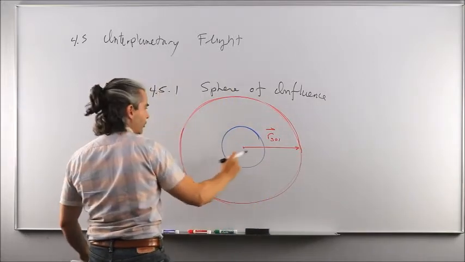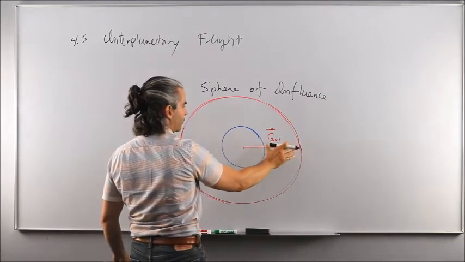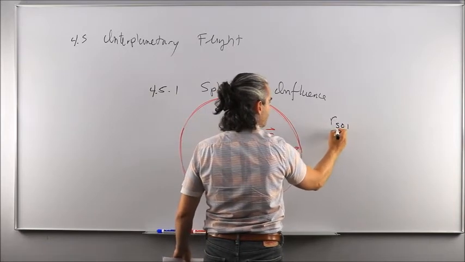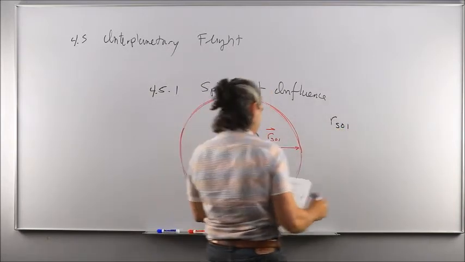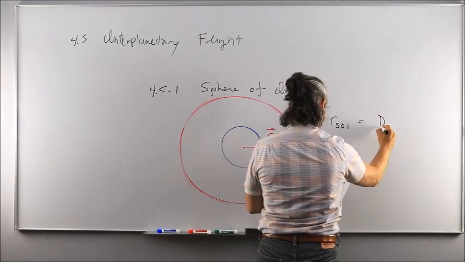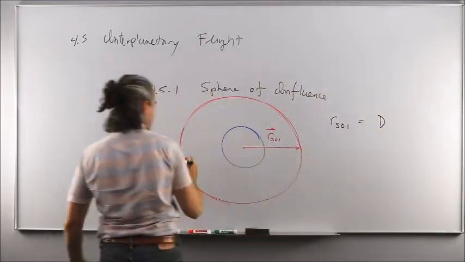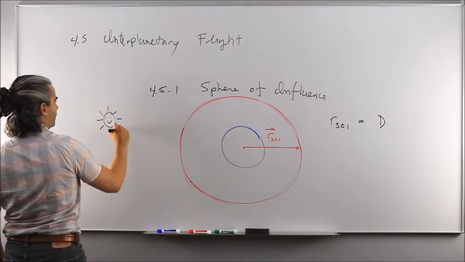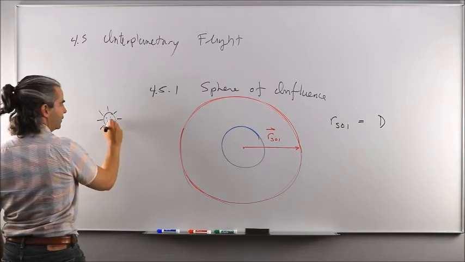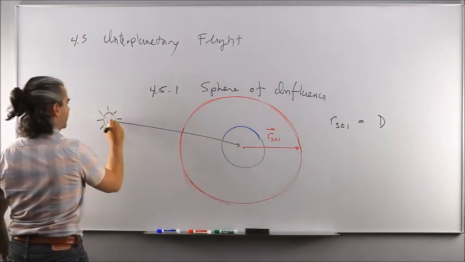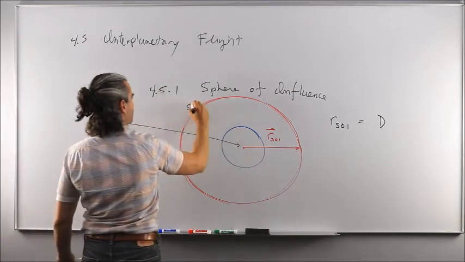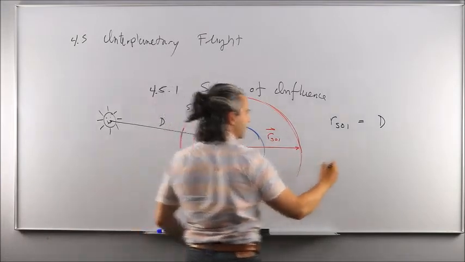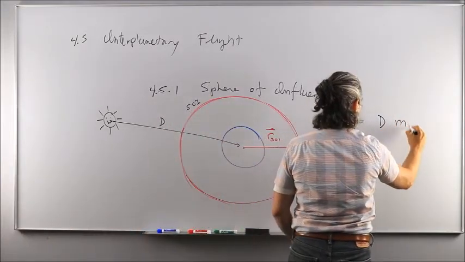So the norm of this radius vector for the radius of the sphere of influence is denoted by RSOI, for sphere of influence. And it's going to be quantified by D, which is the distance between the Sun and the planet for which you are calculating the sphere of influence. This is the sphere of influence, and this is D. D is the sun-planet distance